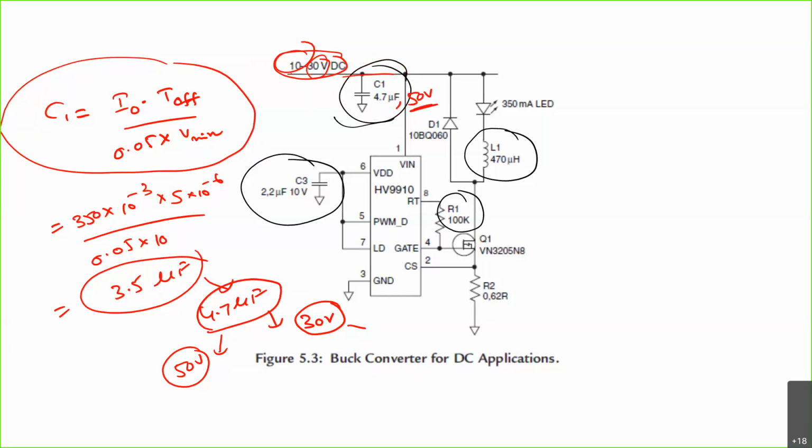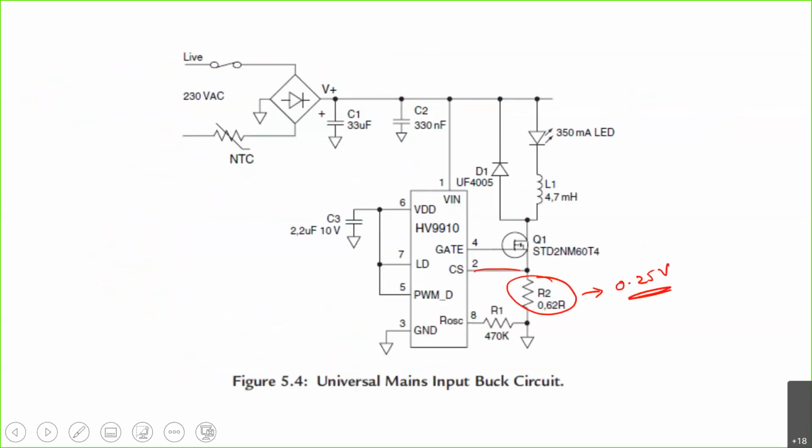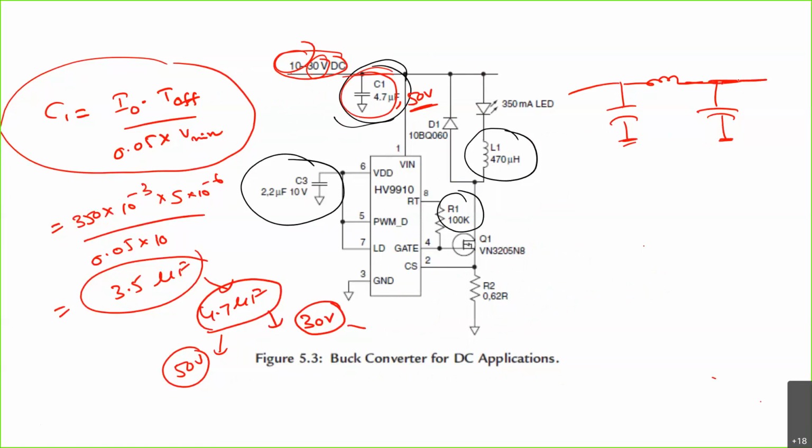It's clear. This is how to filter. Normally we either use the simple filter or sometimes a small LCL kind of structure to filter out this high frequency ripple content. Either use a single capacitor, or if you require high performance applications, in that case we normally prefer this LCL kind of thing.